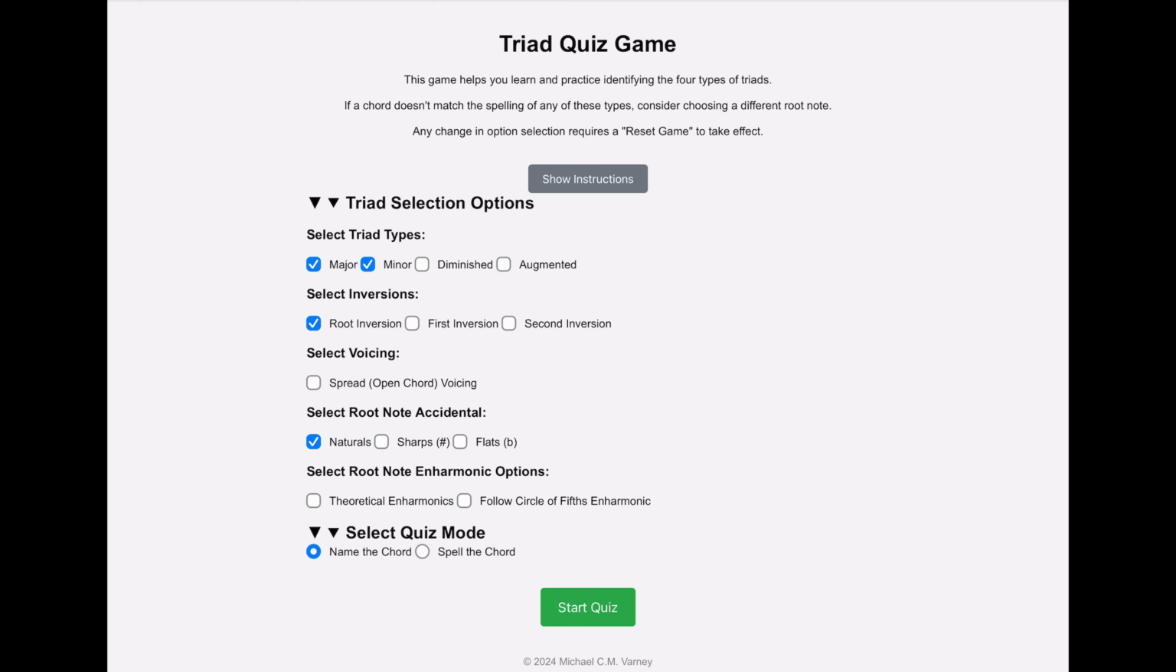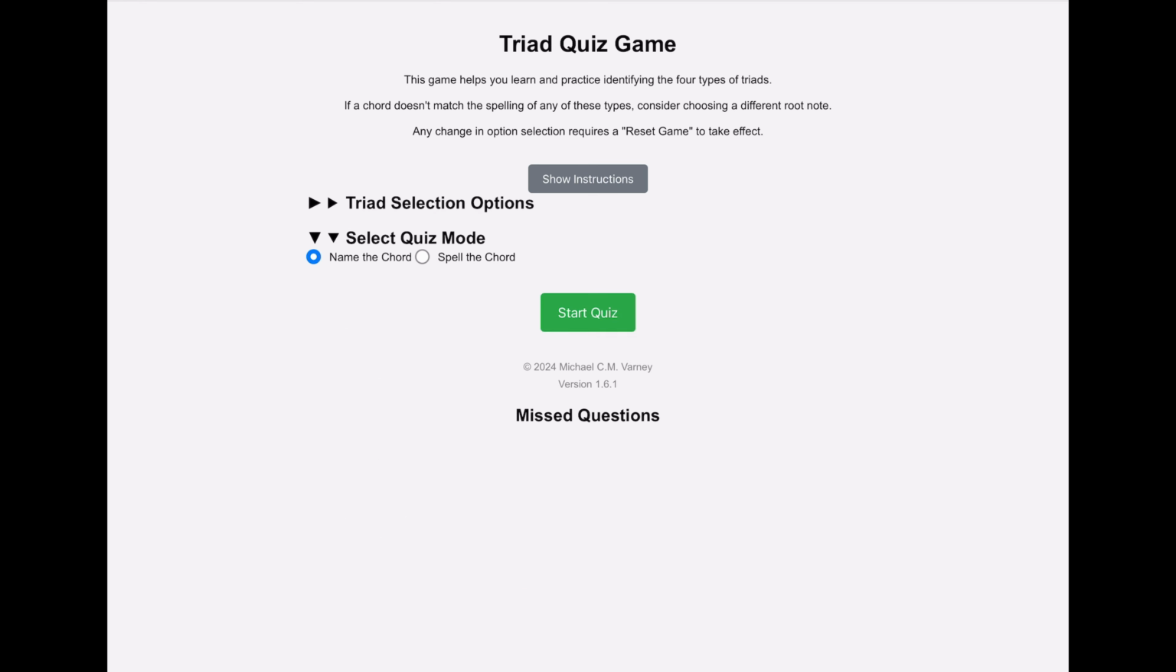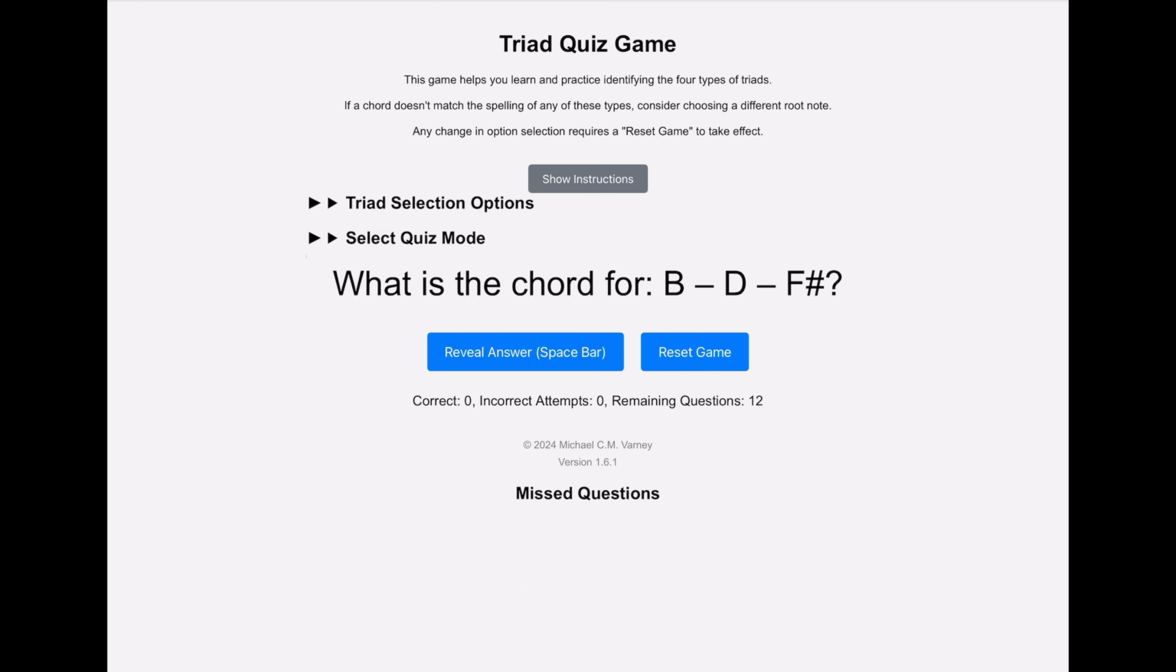So I've selected these, name the chord for the first one, and we'll start the quiz. So what is the chord for B, D, and F? Well, these are all in first inversions because of my selection. So, what is this? Well, B, D, and F itself would be the